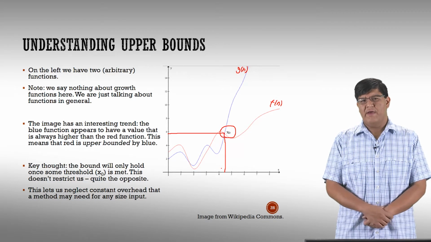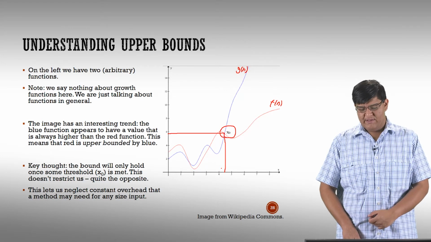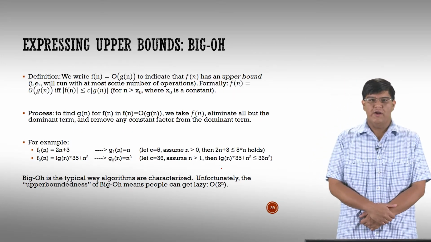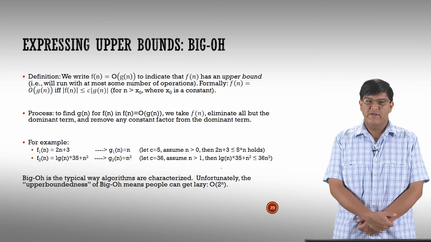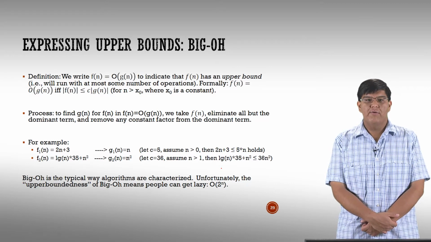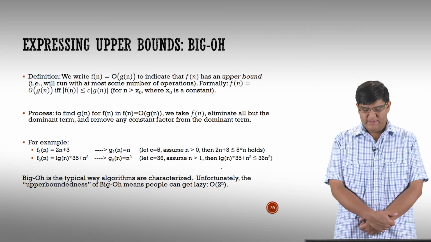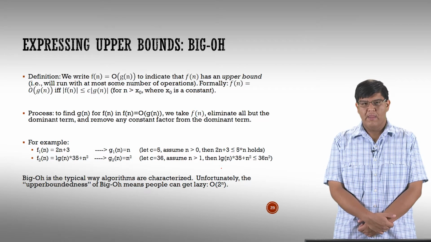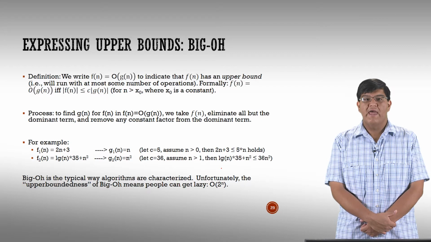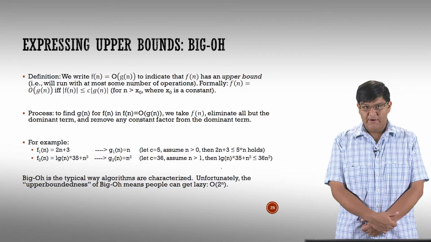So how do we define that mathematically? Now we're going to get our hands a little bit dirty. I have the definition here, and I'm going to read it. Definition: we write that f of n equals O of g of n. This is the proper syntax. F of n equals O of g of n to say that f of n has an upper bound. Keywords there,